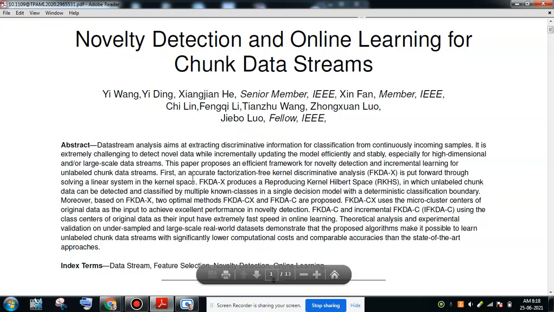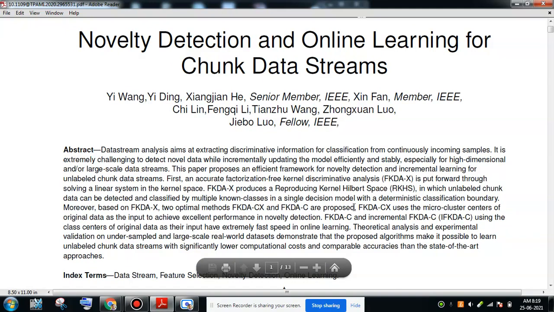Okay, so they have given a point that accurate factorization free kernel discriminant analysis. This is the concept by which they are trying to learn the new features. They are trying to learn the new features, and thereby by using those features, they are trying to find another factor called reproducing kernel Hilbert space, RKHS. So by using this RKHS, they are going to find the unlabeled chunk data, and they are going to detect the novel classes in the